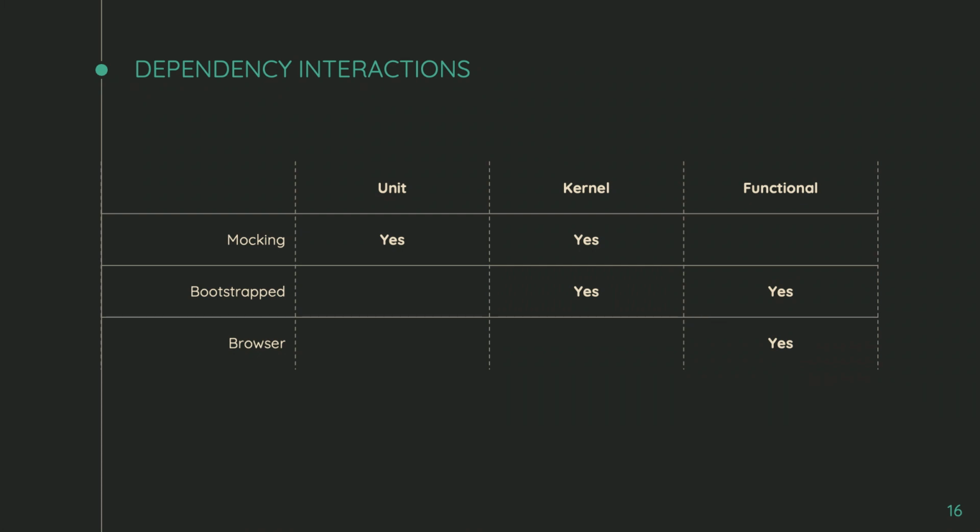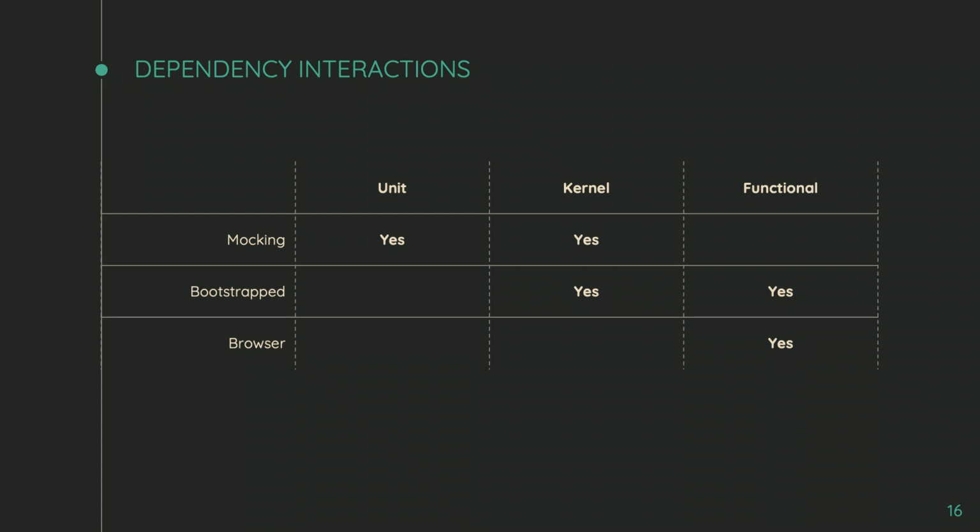You're not really going to do it with kernel tests so much, though you certainly can. With kernel tests, you can do unit tests, you can do mocking, but you can also bootstrap Drupal. Kernel tests are actually the closest to writing actual Drupal code, because you're using the Drupal API as you're writing your test. And then finally, you have your functional tests. These also bootstrap Drupal, so you can use the database just like in kernel tests. But I like to frame it for this presentation that the browser is also a dependency of functional tests, because with functional tests you're actually writing an API that interacts with the browser, like you're clicking buttons and entering forms. So it's really like a user using your project.